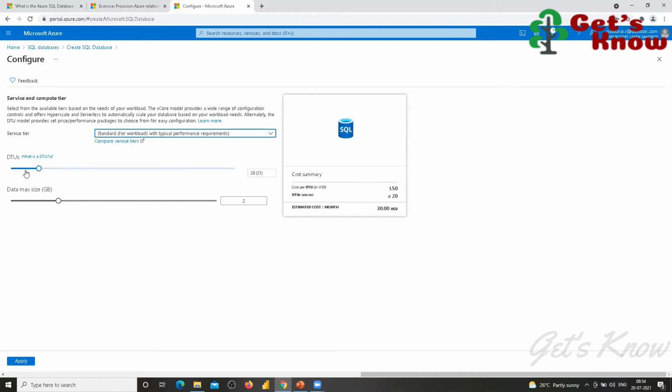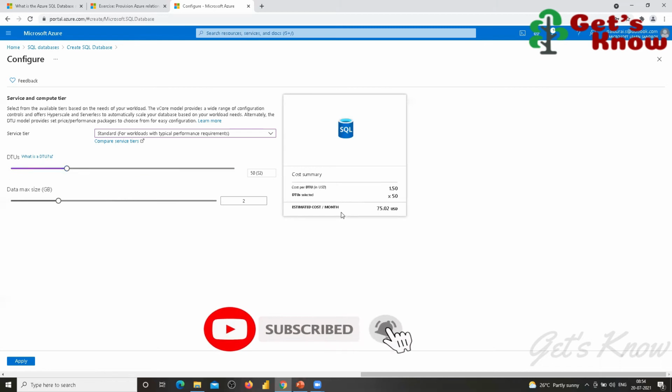See, the default was $15. But when you extend up to 220 or something, you have to pay for the DTU. However much you want to increase, the cost amount will also increase. In the same way, the performance of this SQL database, the DTU, the data transfer units performance, will be high.